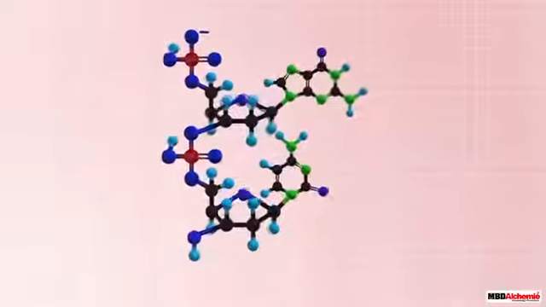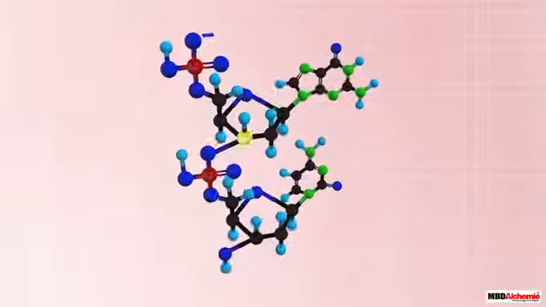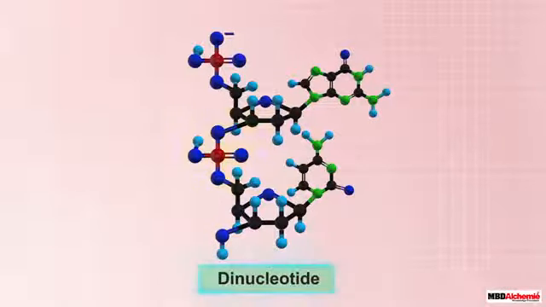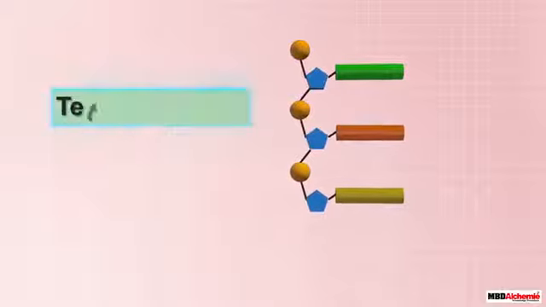They do so by forming a bond between the 3rd carbon of the pentose of one nucleotide and the phosphate group attached to the 5th carbon of the pentose of the other nucleotide. The structure resulting from the union of 2 nucleotides is called a dinucleotide, and the linkage between the 3rd carbon of the pentose of one nucleotide and the 5th carbon of the pentose of the other nucleotide through a phosphate group is called a phosphodiester bond. By forming similar phosphodiester bonds, more nucleotides add to the dinucleotide, forming a trinucleotide, then a tetranucleotide, and